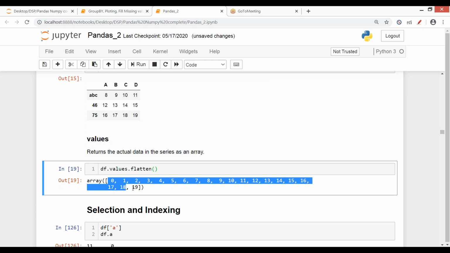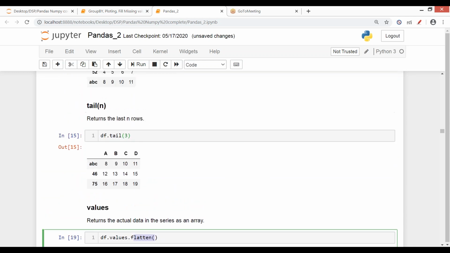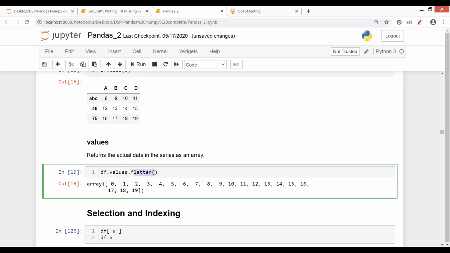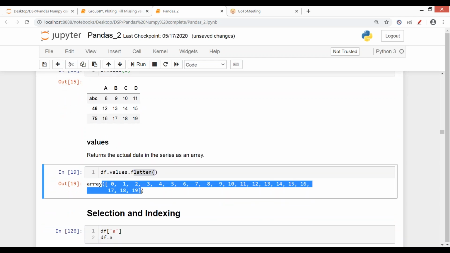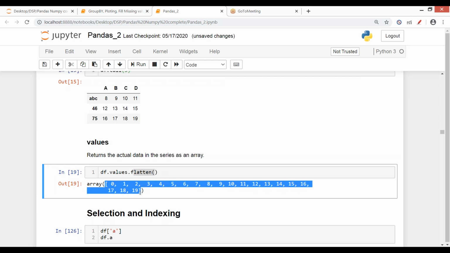No, out of this array, dot transpose will work when I have not done flatten. Dot transpose will just make your rows columns, and columns rows. But in case this is the array, then how will you do it? Reverse? No, Nishkarsh, reverse is not the answer. From this, I want to create an array of 4 rows and 5 columns. No, Prateek, wrong.